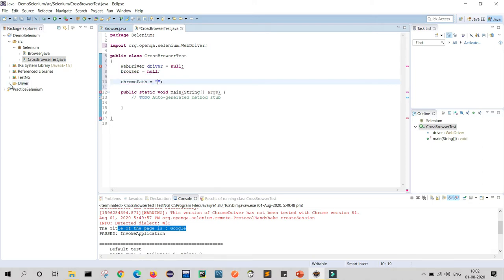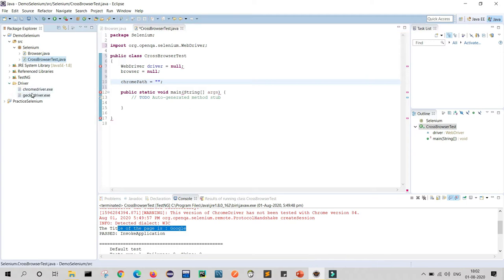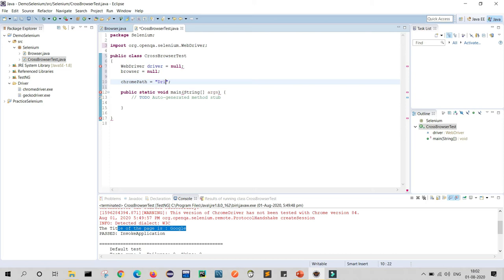As you can see, in the previous video we defined our drivers here, Chrome and Gecko driver. So we will define that path here. The drivers are already in my project. So I will just write drivers/chromedriver.exe as the Chrome path.